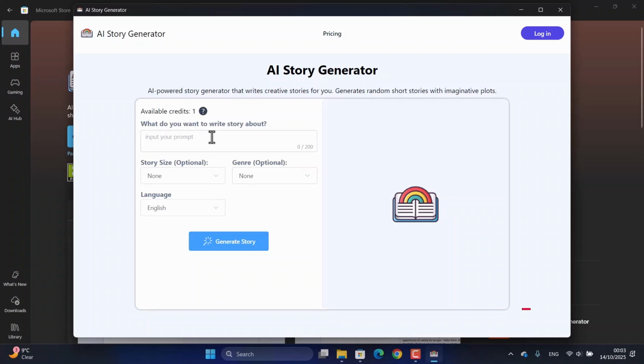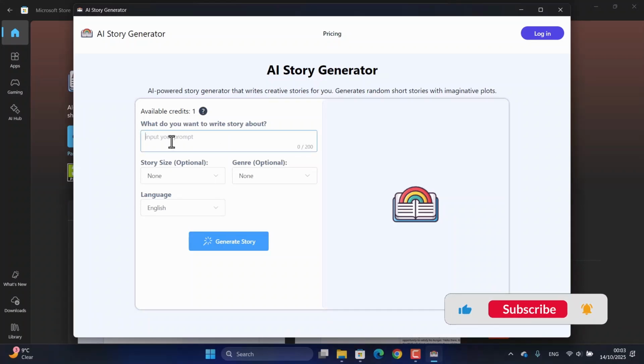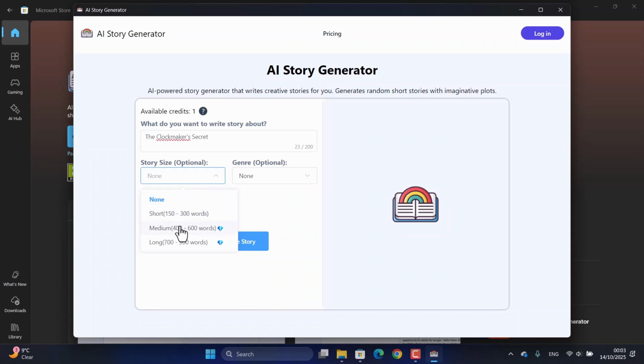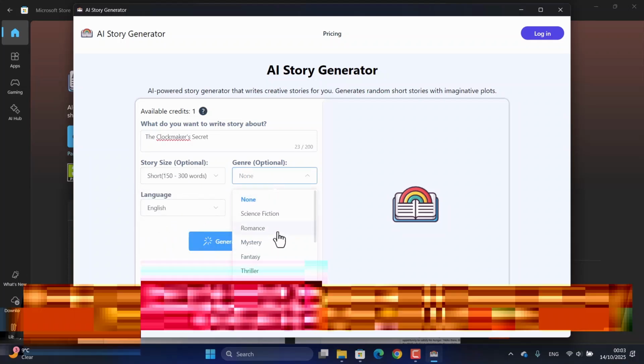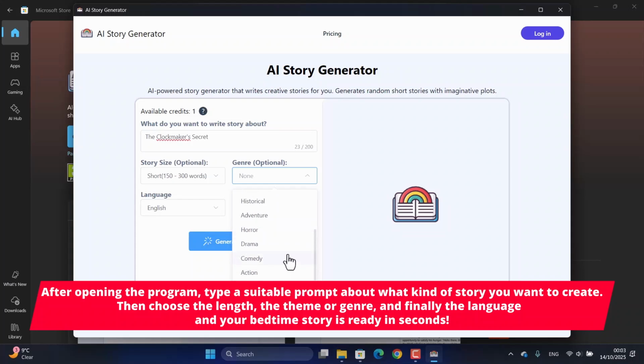Okay, once you're in the app, this is where the magic happens. The first and most important step is to type a prompt describing the kind of story you want. You could write something simple like, a brave knight and a friendly dragon. After that, you get to fine-tune the details. You can choose the story's length, select a specific theme or genre like fantasy or sci-fi, and finally, pick your